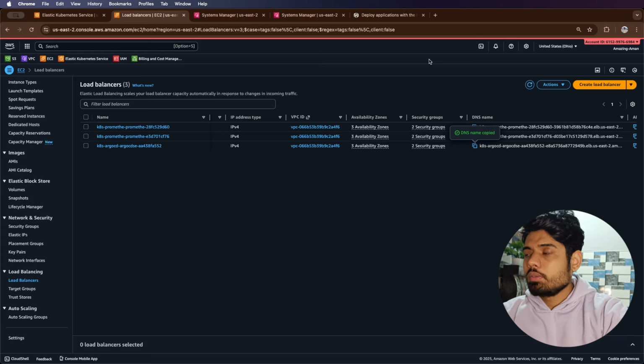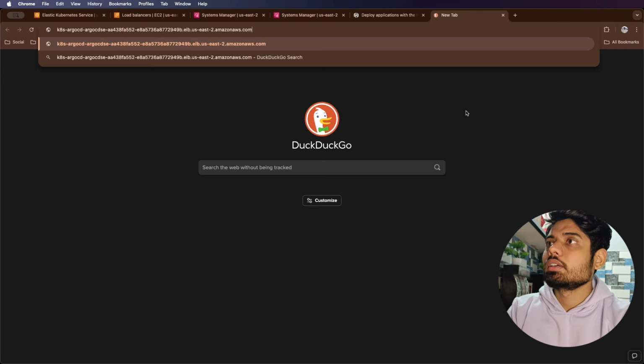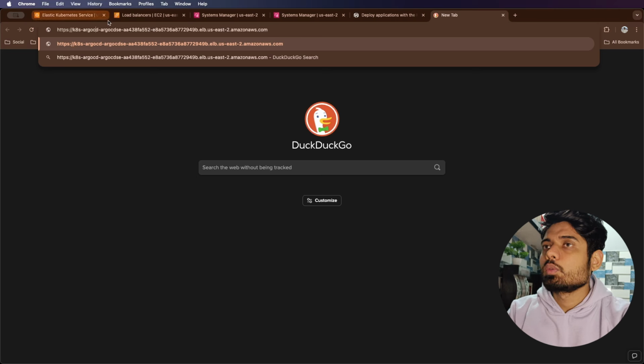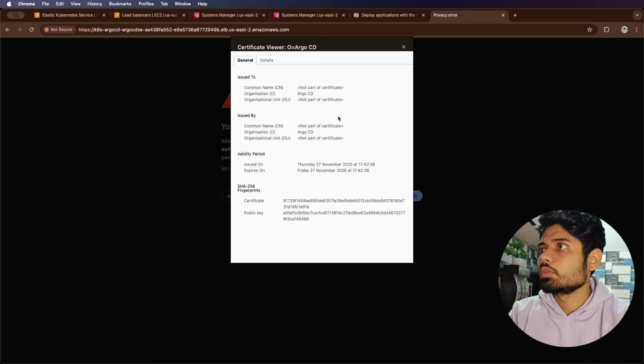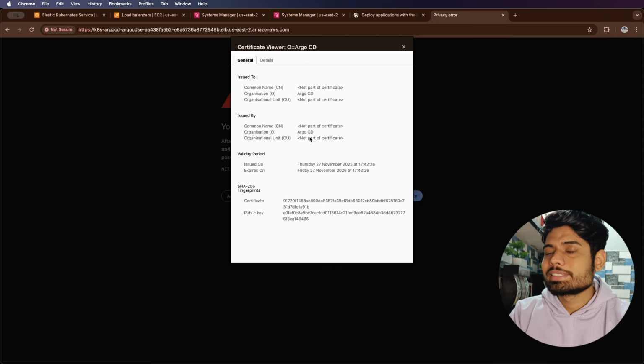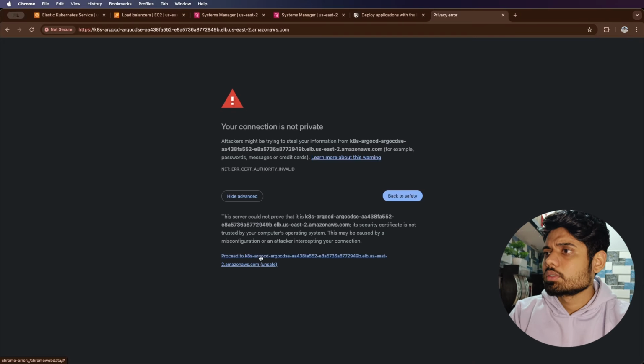correct. So I will copy this DNS name and paste it in the browser, and I have to use HTTPS because this is listening on 443. SSL has not been configured by us, but a self-signed SSL has been configured, which is done by ArgoCD itself. So I will click on this, and